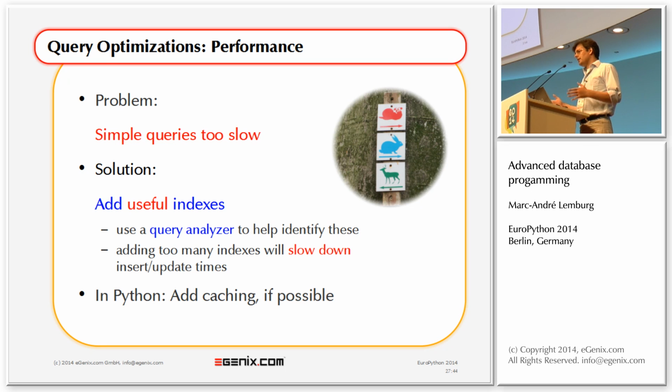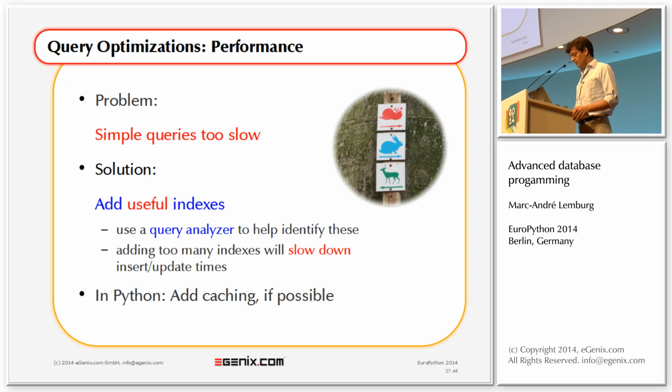Now, because adding indexes is very easy in databases, some people add indexes to everything they have in the database. This slows down things, because every time you write into the database, it has to update all these indexes. And so you should really only put indexes on columns or on combinations of columns that you actually need in the database. And the best way to find out which